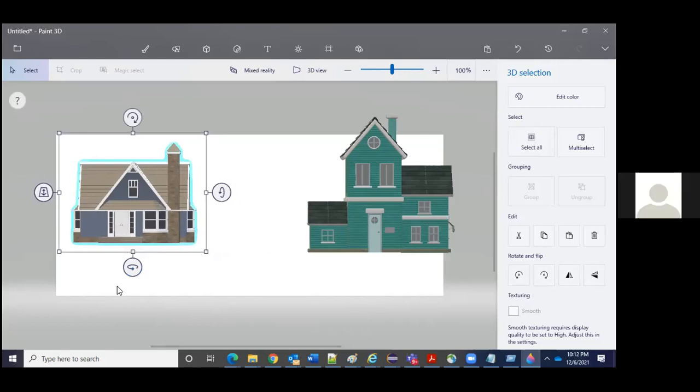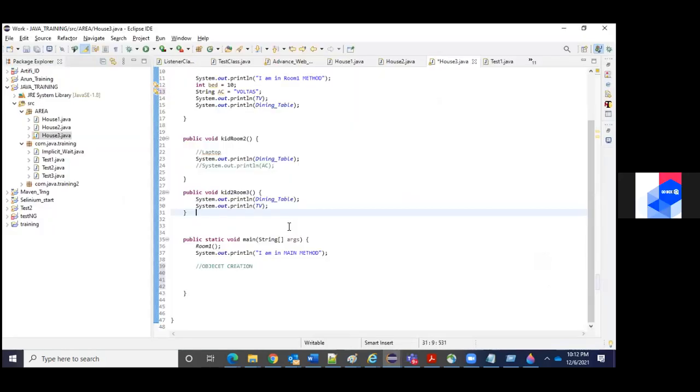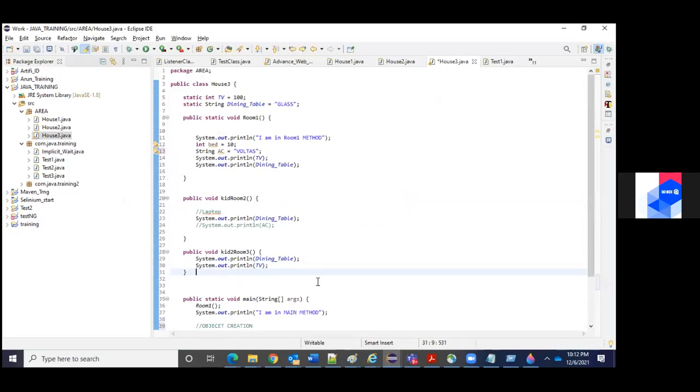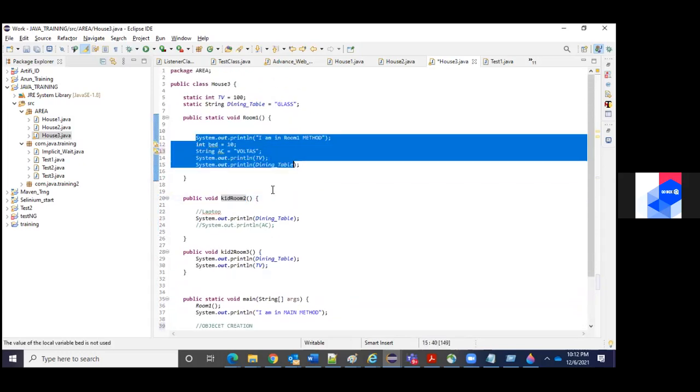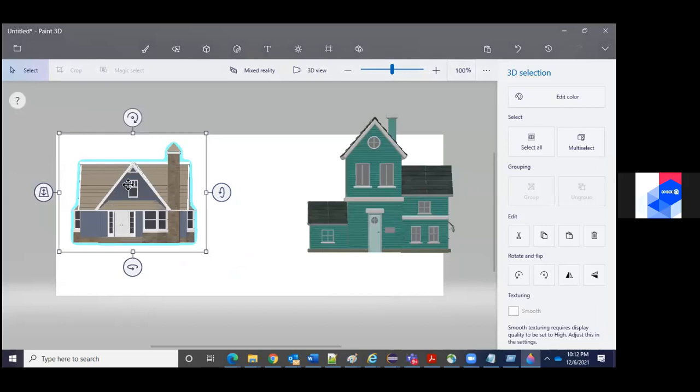Okay. Now, in the same way, you understand everything, like whatever concepts we correlated with our house example. But where is the door here? Here the rooms are there, and inside the room, whatever things should be there, everything is there. So you can visualize everything from inside this house. But how do you go inside this house? Through the door, right? Through the door, you have to go inside. Yes or no? Yes.